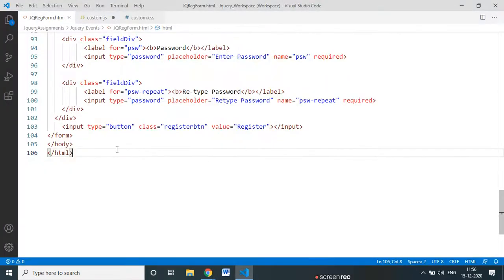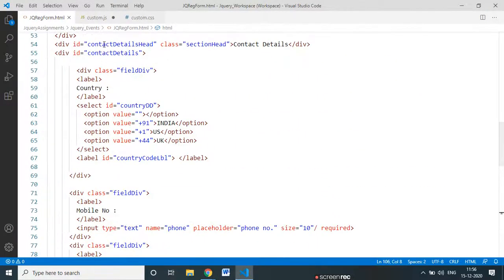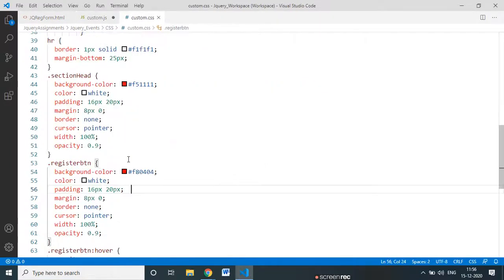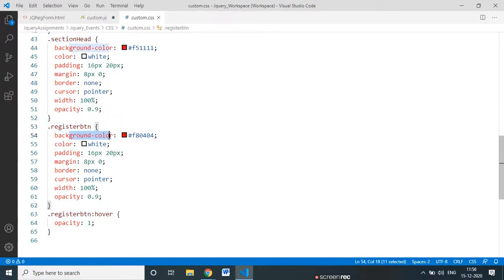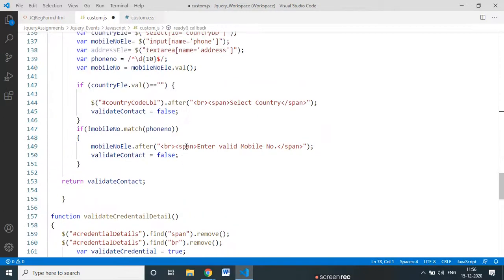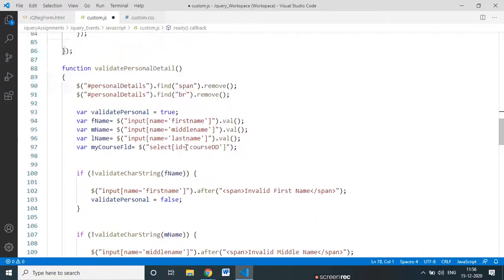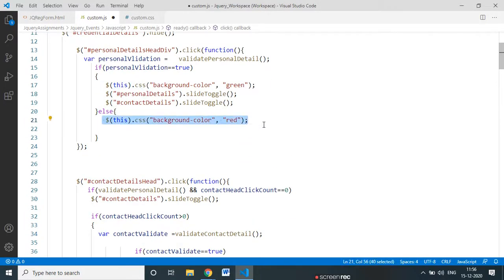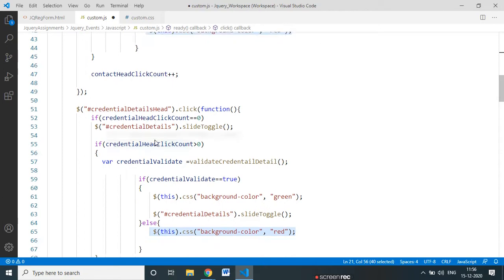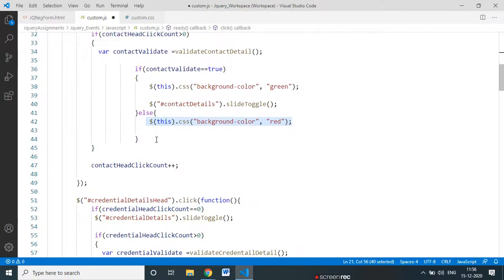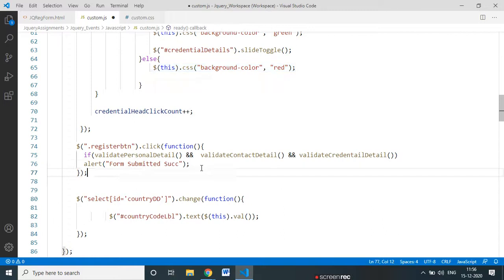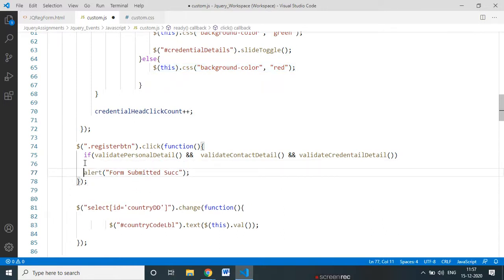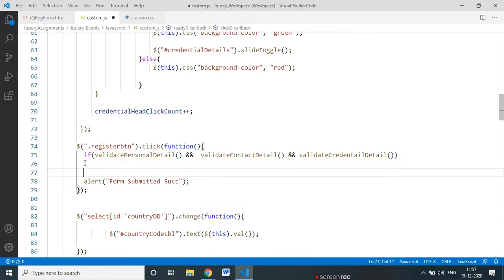So what we need to do is look at the CSS we have applied for the register button, the background color. I copy this and put it in this condition. Now multiple actions are there, so I need to use the curly braces here because I'm changing the background color.